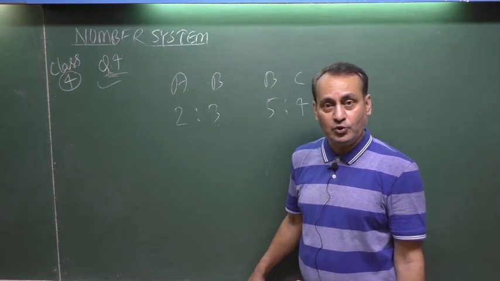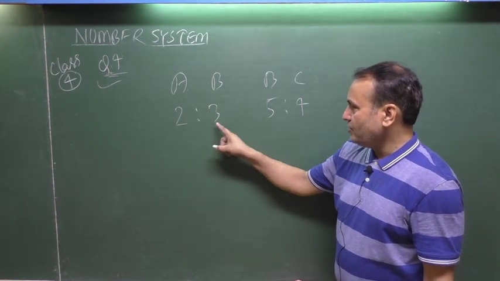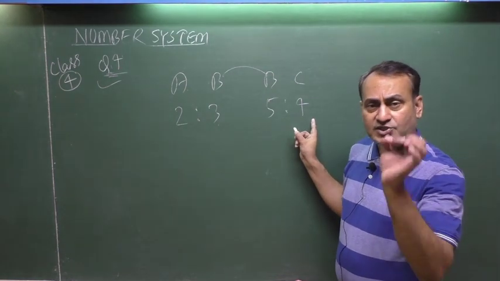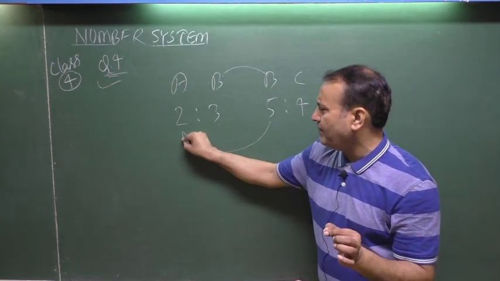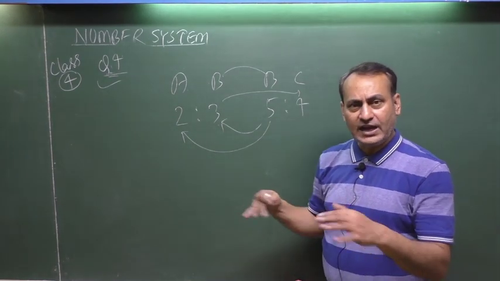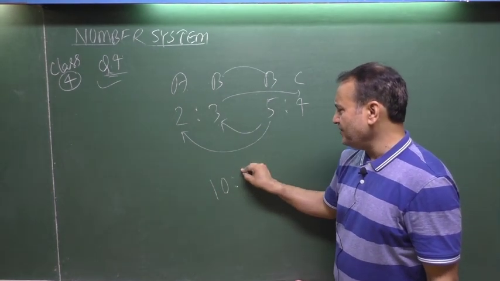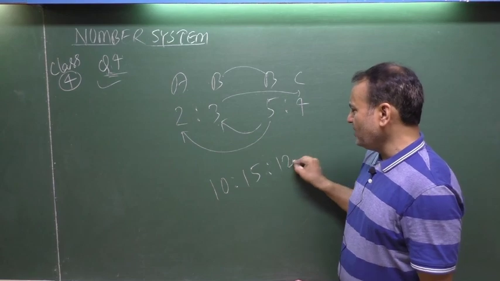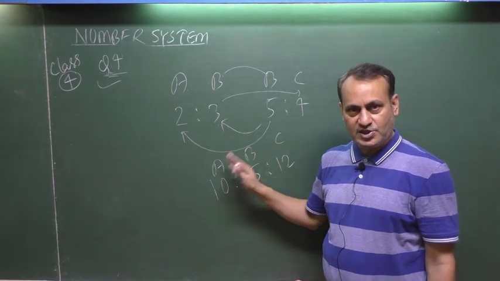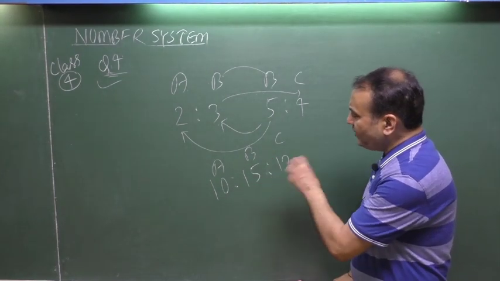For that, what you have to do, see here. If this is A, this is B, and this is B, mediator, and this is C, certainly you have to multiply 5 2s, 5 3s, and then 3 4s. This diagram must be remembered by you all. 5 2s are 10, 5 3s are 15, 3 4s are 12. This is A, B, and C. This is A, this is B, this is C.